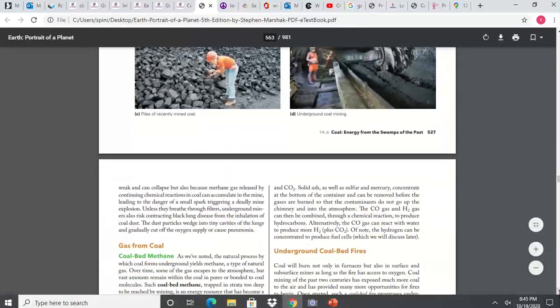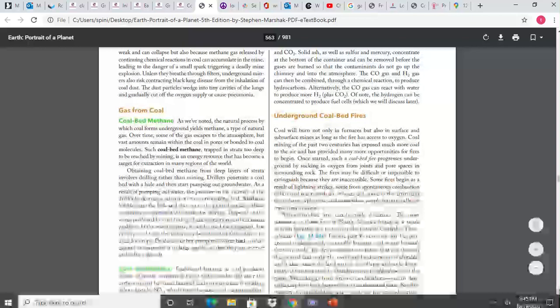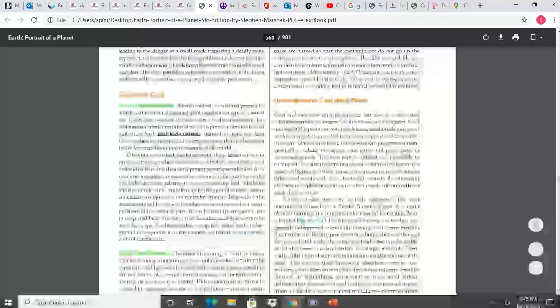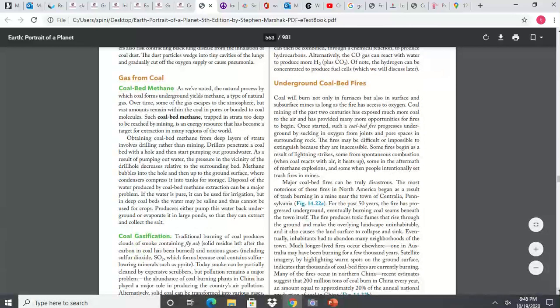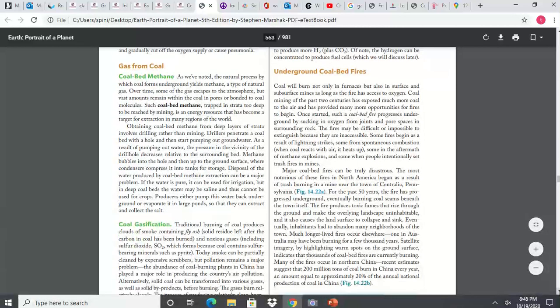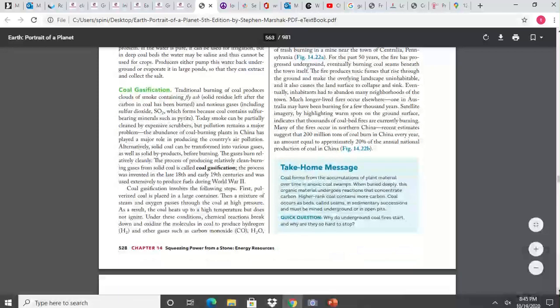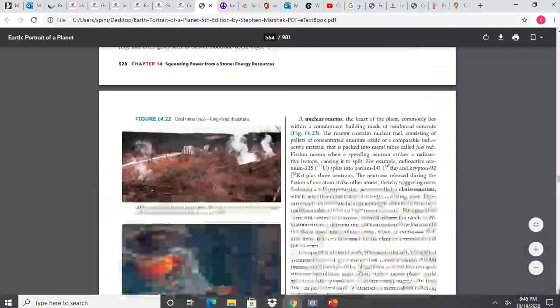It's pretty interesting stuff. Again, there's also fires. We've all seen mine disasters where people have been killed in mines, but also where this big coal mine will catch on fire, and there's no way to put the fire out. I mean, this is coal, and it's just going to burn and burn and burn. And some of these fires have been burning for, it says here, 50 years. So if you can imagine a fire burning for 50 years, and they say it probably will continue to burn for another couple hundred years, because there's just no way to put it out. As long as it's got oxygen, it's going to continue to burn.